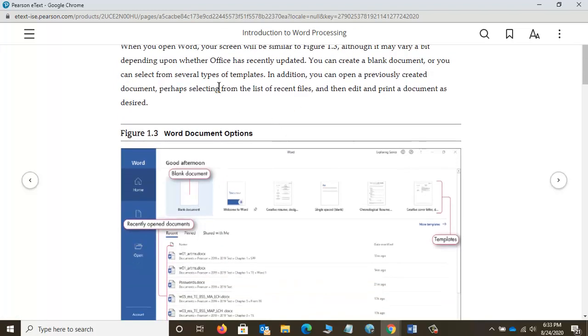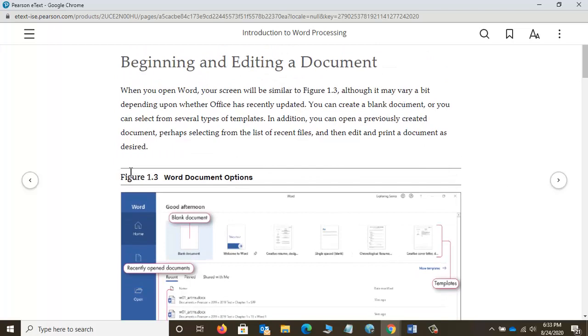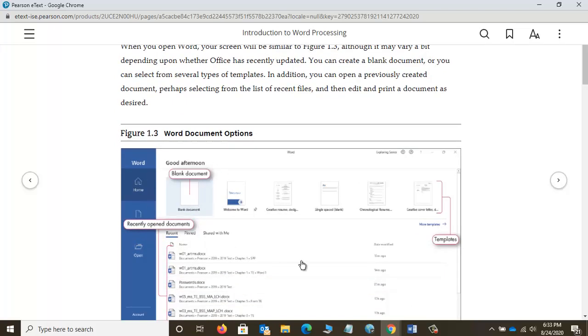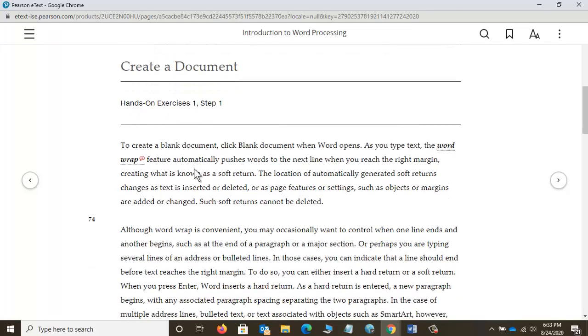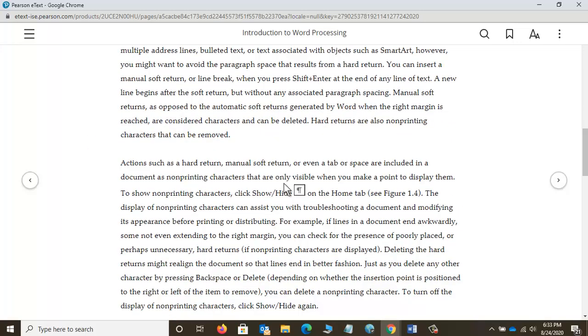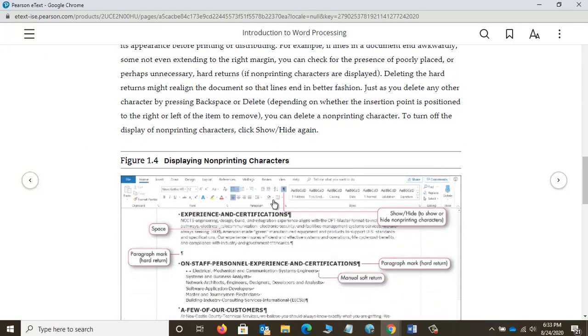And so it's showing me how to open a blank document in Word, and it's giving me those tips so that I can do that. There's a hands-on exercise, it says, to create a document. And I'm going to show you more about where you actually do this hands-on work. So bear with me. But this is everything you need to know for the quizzes and to help you get